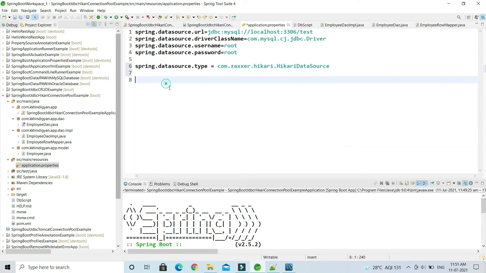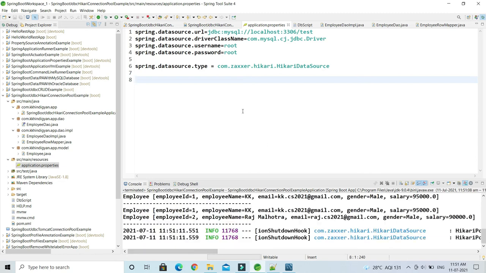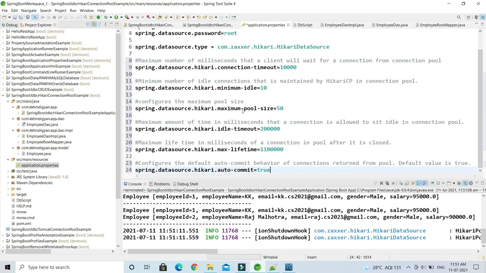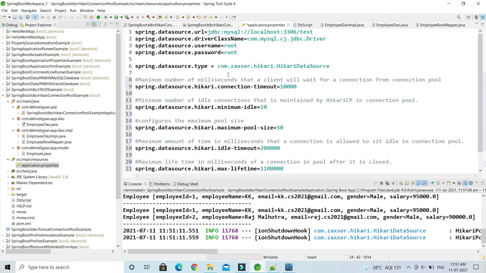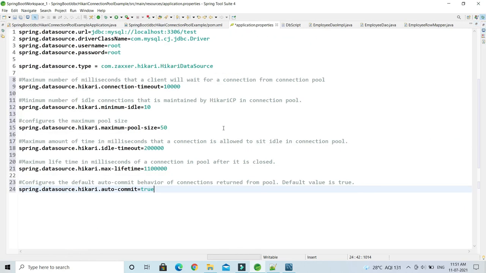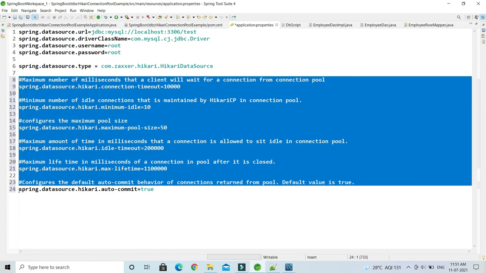But the main thing I'm going to tell you, guys, is that we now know Spring Boot 2 is going to use the Hikari connection pool by default, and if you want to tweak all the settings related to the Hikari connection pool, then here you can write all those properties we discussed in the slide.